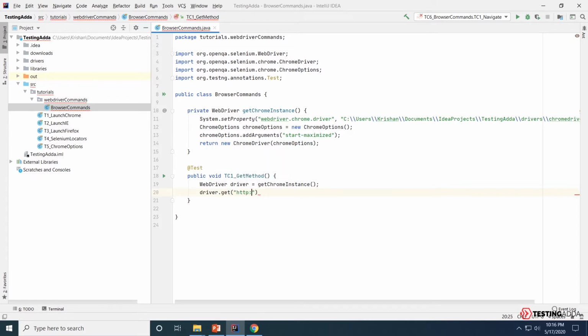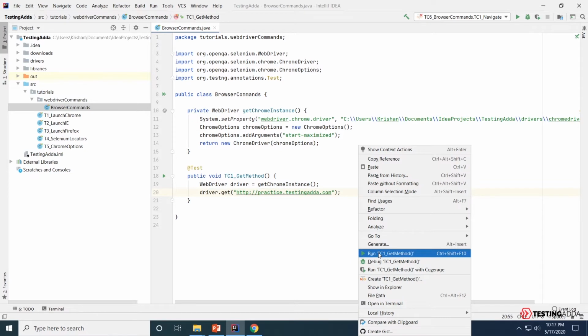So I'll say http practice.testing.com. Now what this method is going to do is, once we receive an instance from this get Chrome instance, it will open this URL on the browser instance. Let's try executing this method using right click and run.